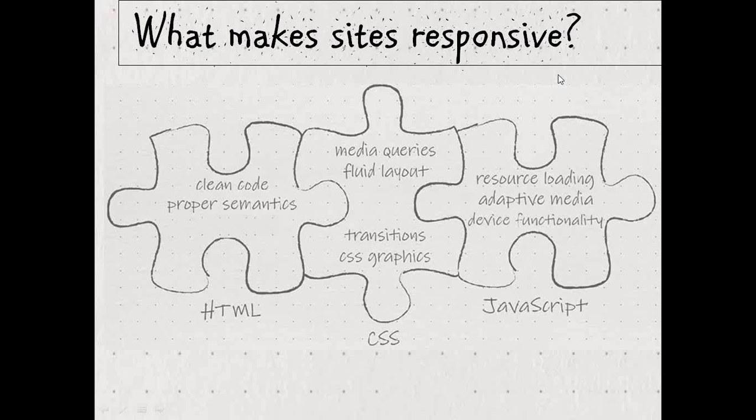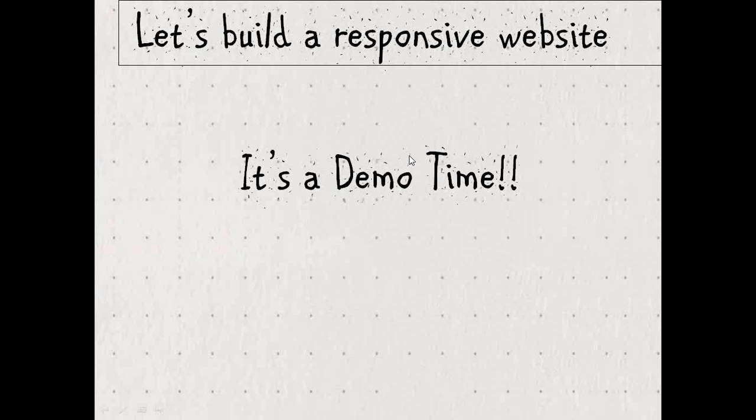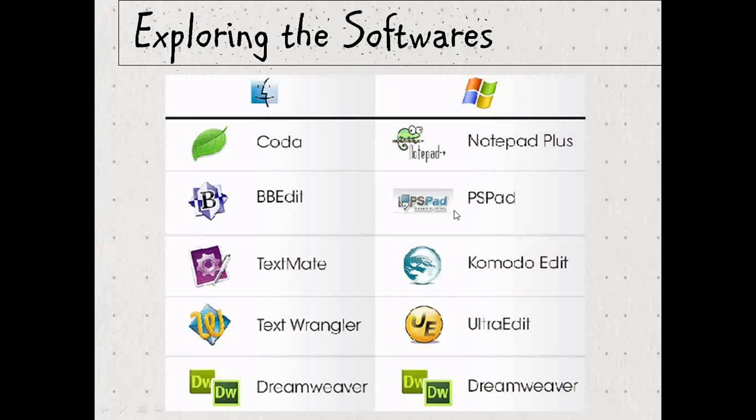Now, friends, throughout this webinar we are going to be coding our HTML and CSS. So I recommend using a text editor, whichever you would like to use. There are a whole lot of text editors available for Mac, Windows, and Linux, and some are paid and some are free. Here I have mentioned a list of very popular text editors available on both platforms, like Notepad++, PSPad, Coda, and TextMate. It's up to you which text editor you would like to use for responsive design. You can also use